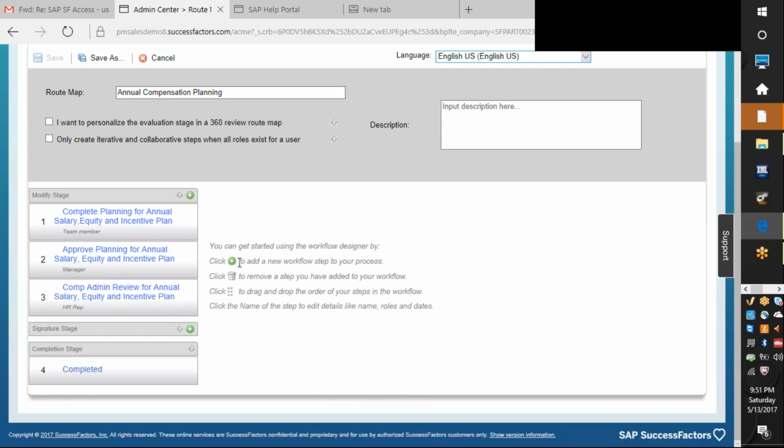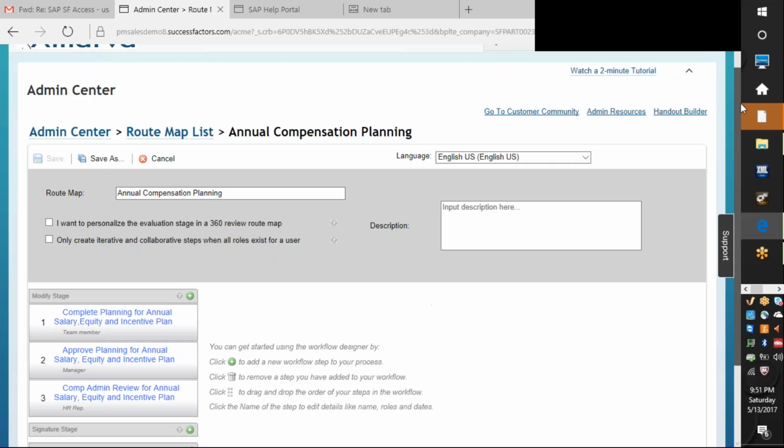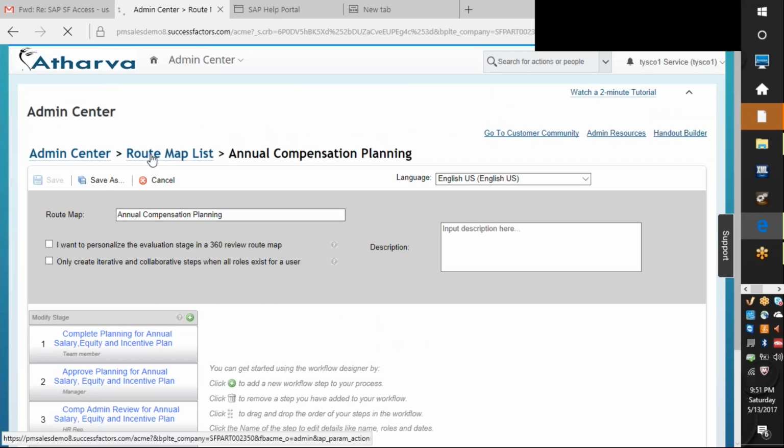Even for their process related reasons. So these are called different stages. Let me take a simple one. If I take compensation, you will get kind of